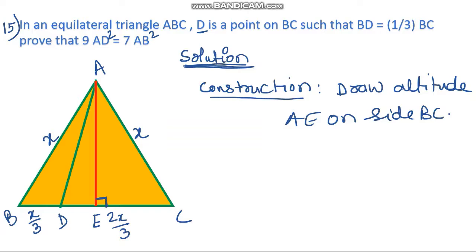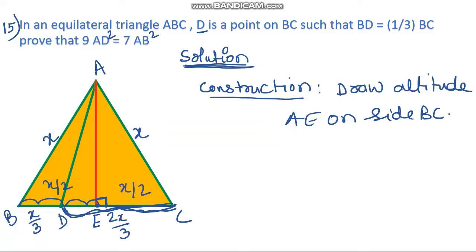Now children, if you remember, this is an equilateral triangle and AE is the altitude. So in an equilateral triangle, altitude is also its median. So since BC is equal to X, then this CE part will be equal to how much? This will be equal to X by 2. Don't get confused here. This complete CD was equal to 2X by 3. And so here CE is X by 2 and again this part is also equal to X by 2. Now till here we have done.